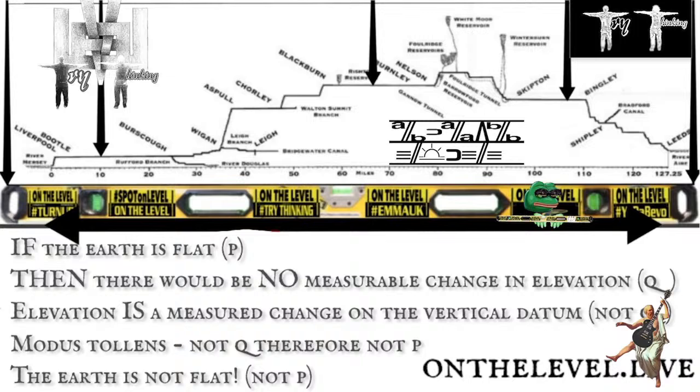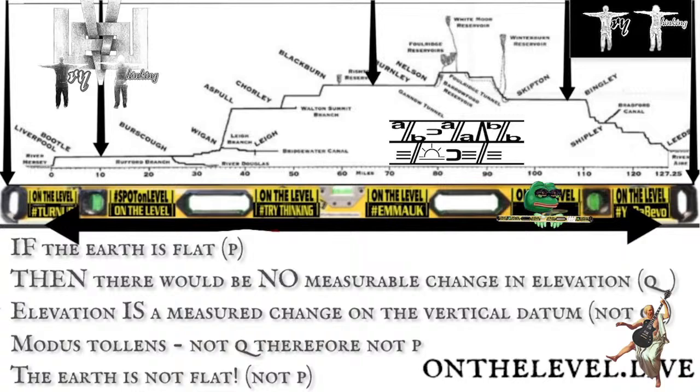That's why I want to clarify, because I think that's worth pointing out, that the rebuttal was a straw man. Nowhere in the argument are the words level plane even mentioned. Topography is not mentioned. It's only about the elevation change, which is a measured change on the vertical datum. There is no conflation between baseline and topography in the argument. It's just a simple if-then argument about elevation change. And obviously the Earth is not flat because of elevation change. That's what the argument is about.